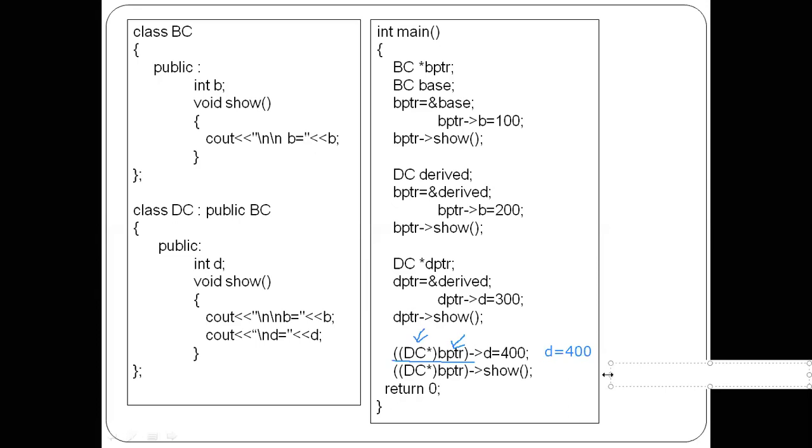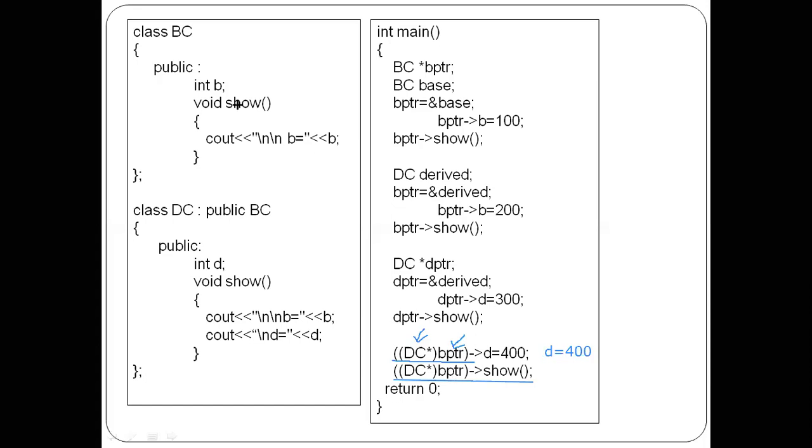So which show method is going to be called? Is it from the base class or the derived class? By default it is from the derived class, because we are converting that base pointer variable into a derived pointer variable. So this particular line is going to call which method? It is the derived class method, because although we are using the pointer variable from the base class, we convert that pointer variable into a derived class pointer variable. Yes, guys, clear? This conversion.